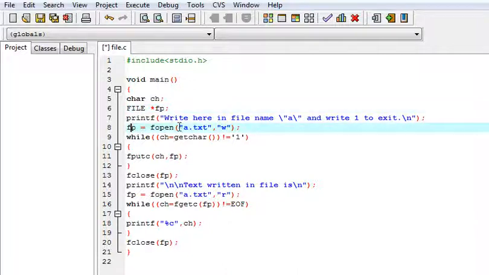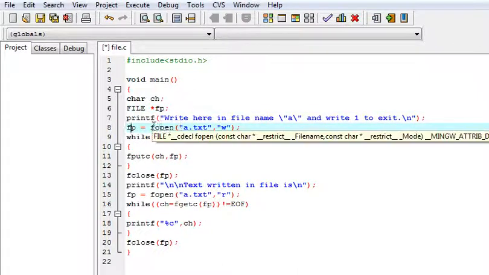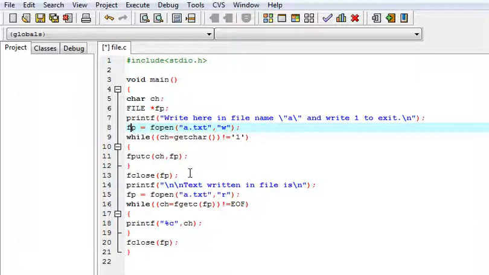What will this command do? fopen will open a file named a.txt with w mode. w means write mode. We can use any other mode like read mode, write mode, append mode, and many others. If the file is not available, it will create a file of the same name and then write in it.